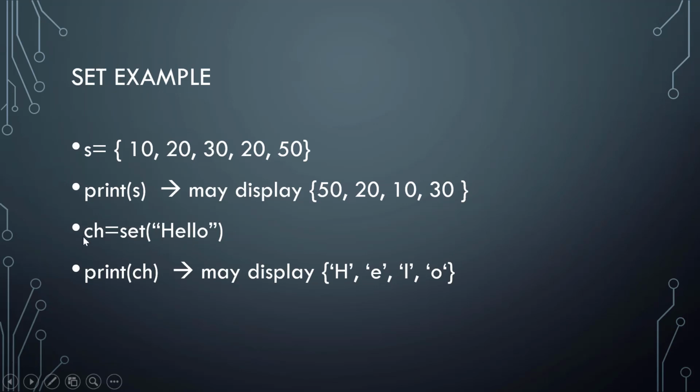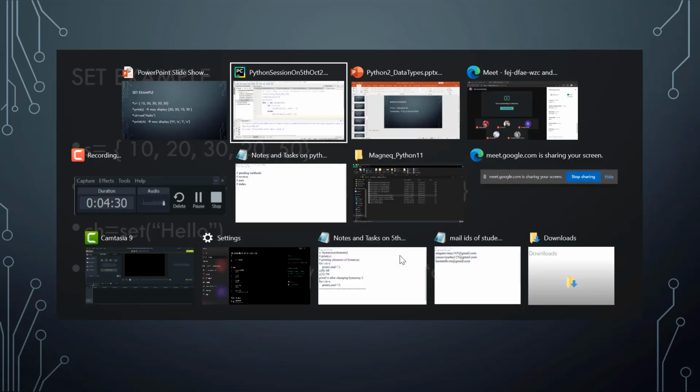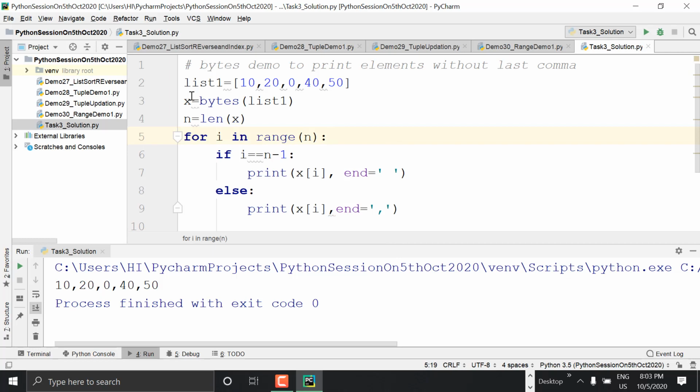So let's create demo 31: right click, new, Python file, demo 31, set demo 1. Creating a set variable: s1 is equal to, you can give any name, curly braces.